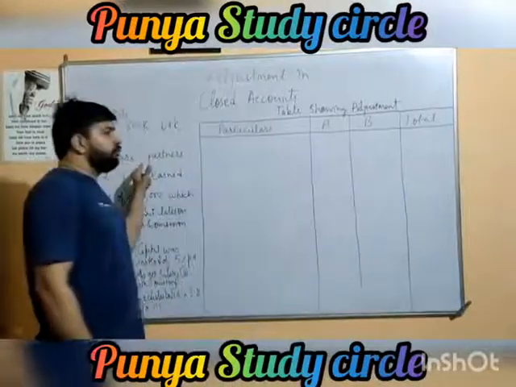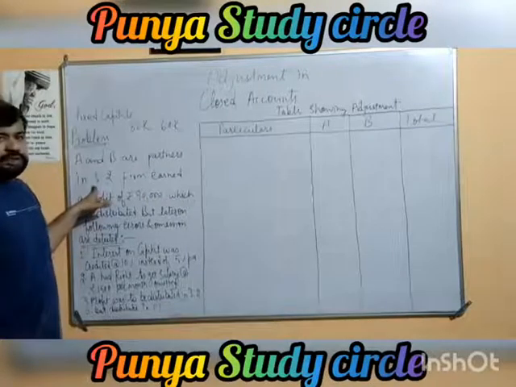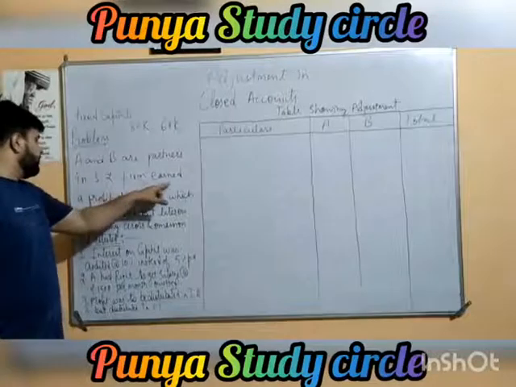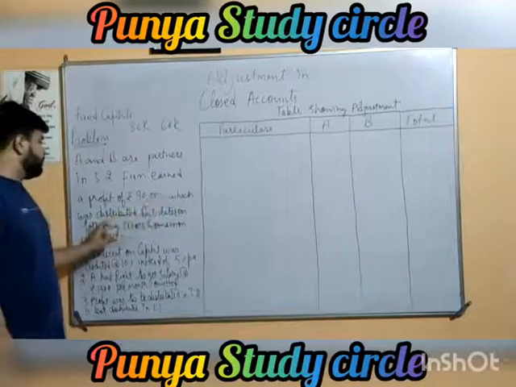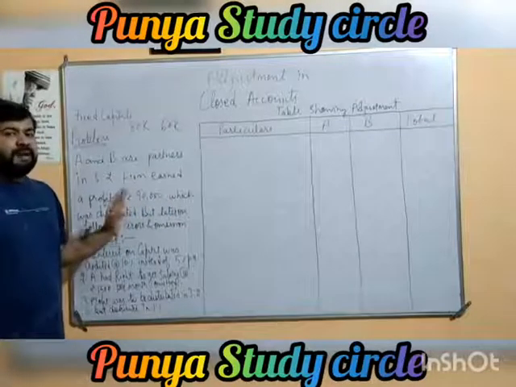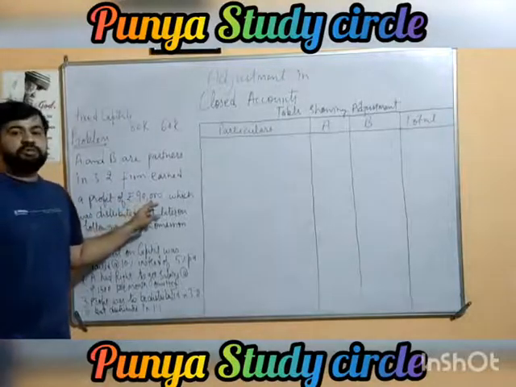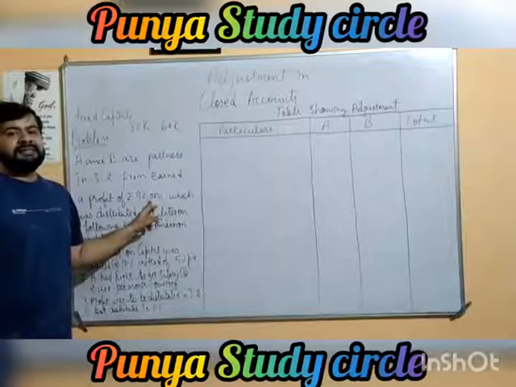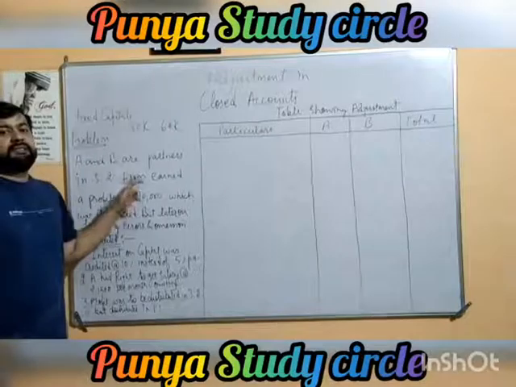Here I am reading for you. A and B are 2 partners sharing profit and losses in 3:2. Their ratio means their profit and loss sharing ratio. The firm earned a profit of rupees 90,000 which was distributed. That means net profit earned by the firm after making all the charges and appropriation was rupees 90,000. This is going to be your divisible profit, which may have been divided among the partners either in their given ratio according to partnership deed or in some other ratio.